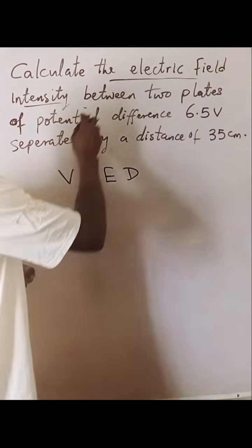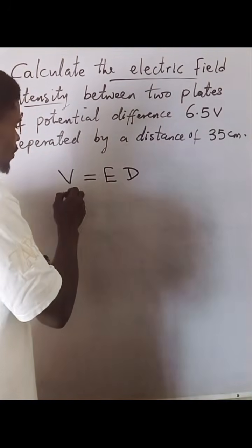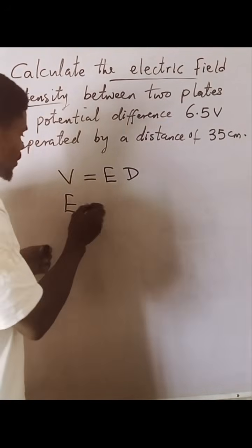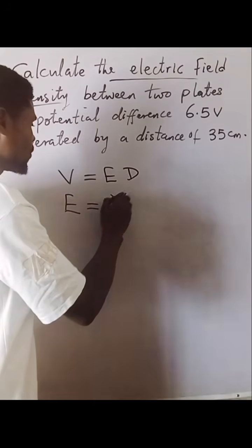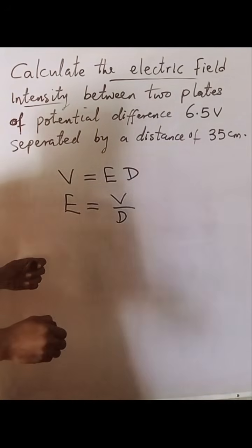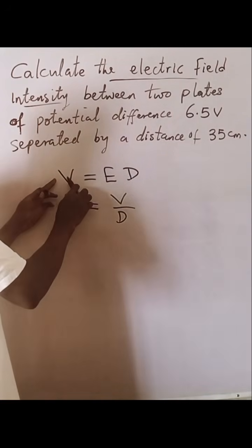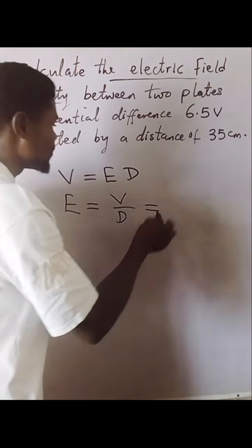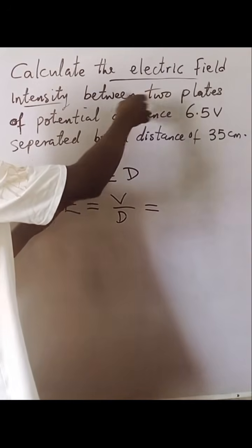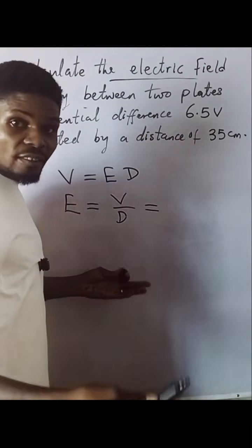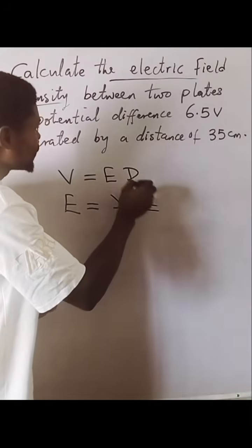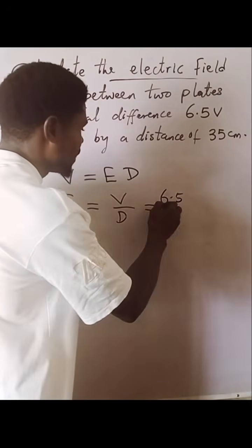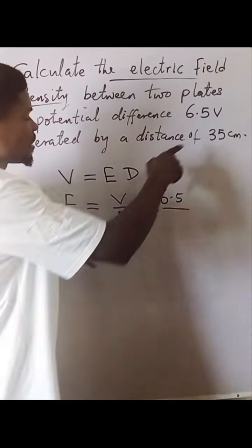Then, since we are looking for the electric field intensity, just make it the subject of formula. Your E, from this formula, your E is equal to V over D. Is it clear? From here, make E the subject of formula, and then you get this. So the next thing is to substitute the values you have from the question into the formula, and then you get the answer. So our V in this case is 6.5, then divided by the distance in this case is